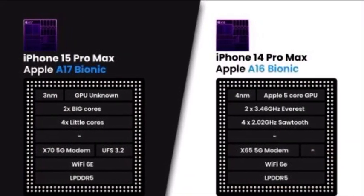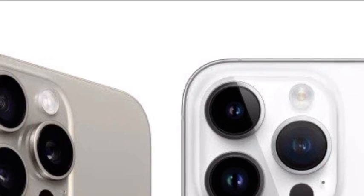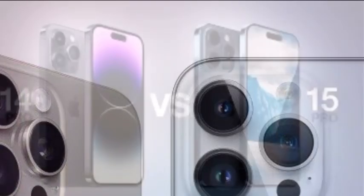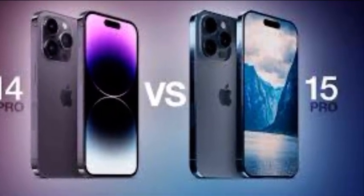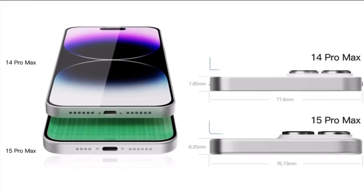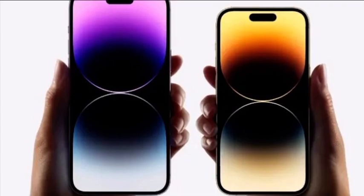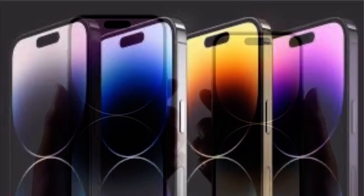As for buttons, you will find the power and volume buttons to be on the same spots on both phones. But the iPhone 15 Pro Max has an extra one. The action button now replaces the good old mute toggle. By default, the action button will cycle through mute and ringer. But you will also be able to customize it to open apps, Siri shortcuts, flashlight, camera, focus modes, etc. It sounds fun, but we can't say we won't miss fiddling with the good old mute toggle on a classic